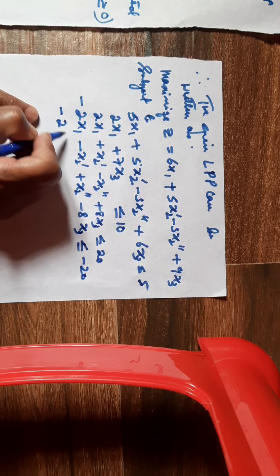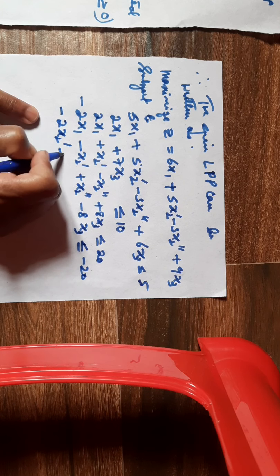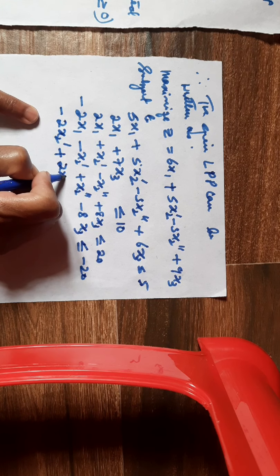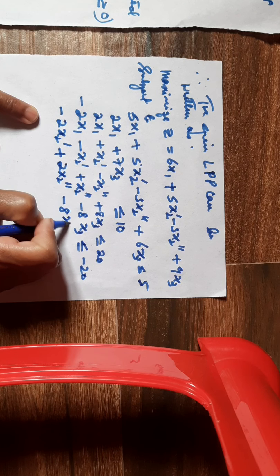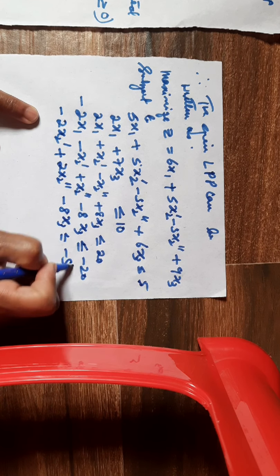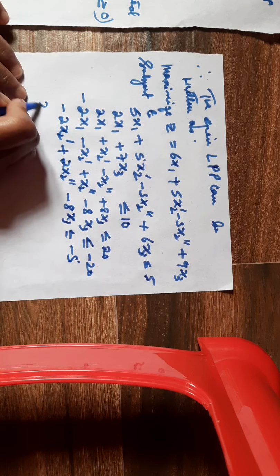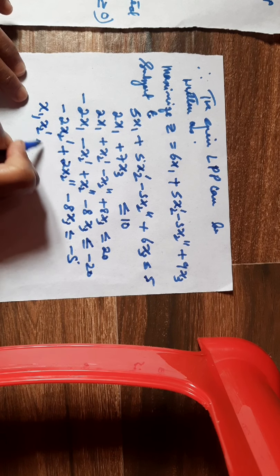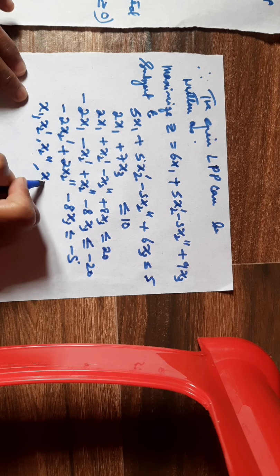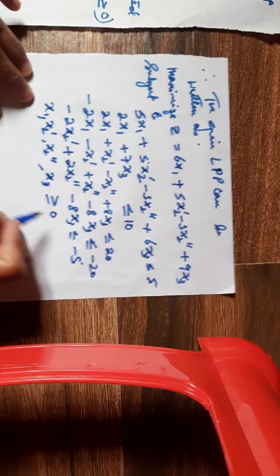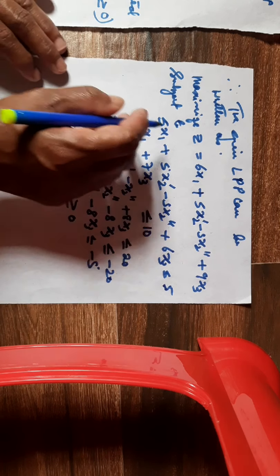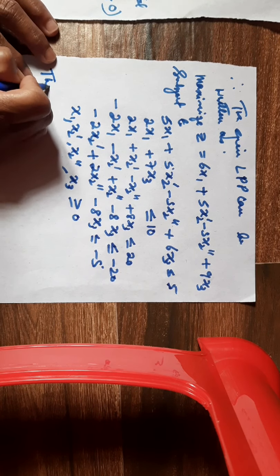minus 2x2 prime plus 2x2 double prime minus 8x3 less or equal to minus 5, where x1, x2 prime, x2 double prime, x3 are all greater or equal to 0 now. Therefore, the matrix representation of this one